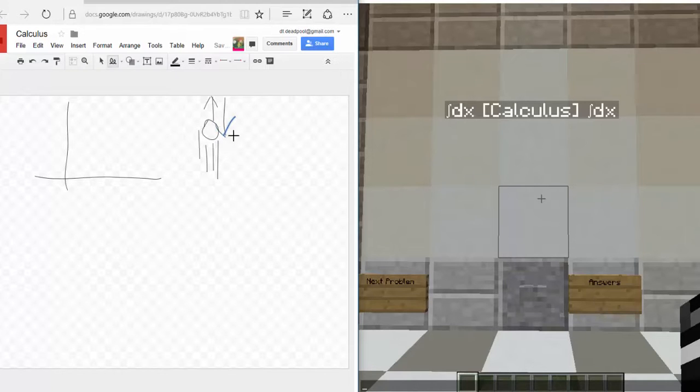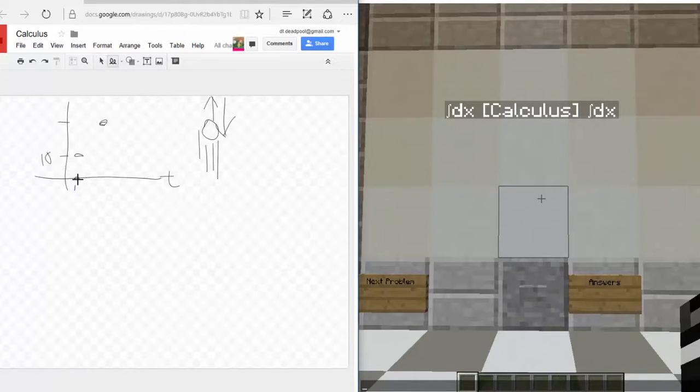So in a graph, if you want to explain this motion of a ball going straight up and straight down, you would graph it based on time. So at 1 second, it's at 10 feet, right here. At 0 seconds, it's at 0 feet. Then at 30 seconds, it's going to be up here, right here, and vice versa. So it's just going to go up and it's going to go down.